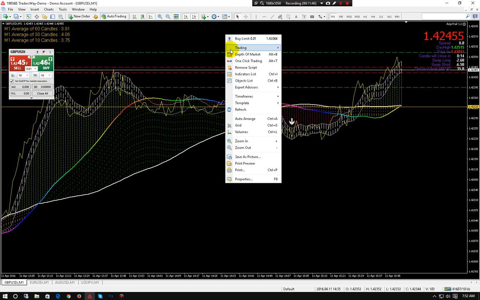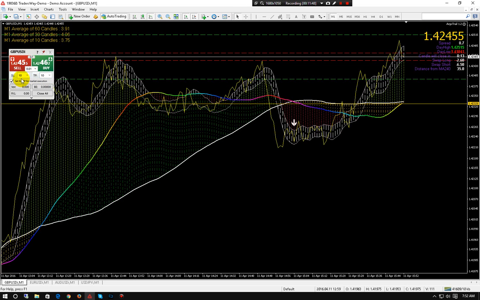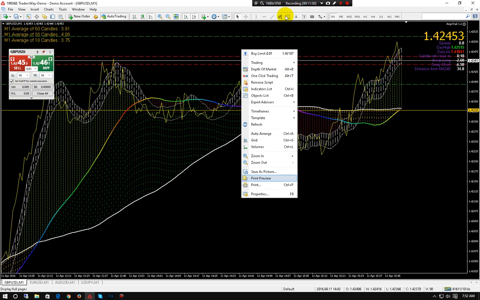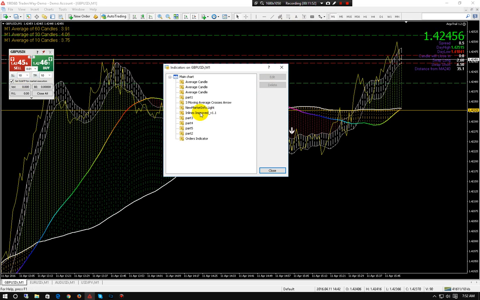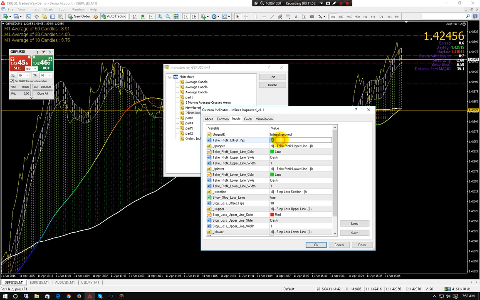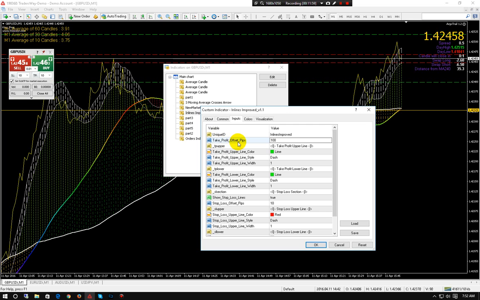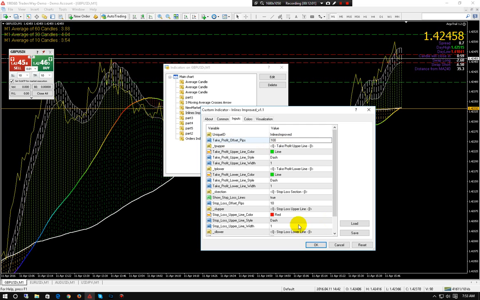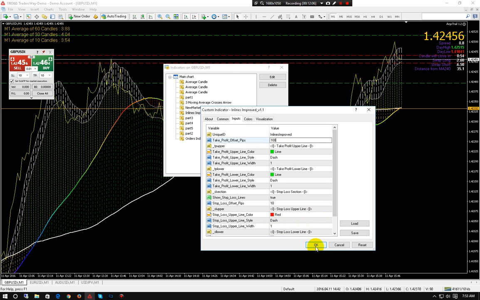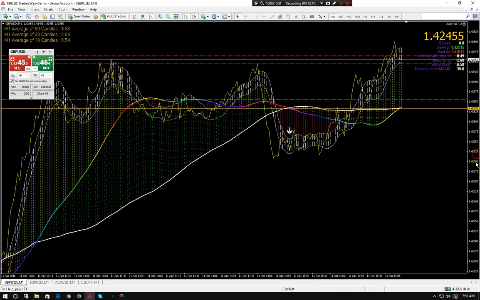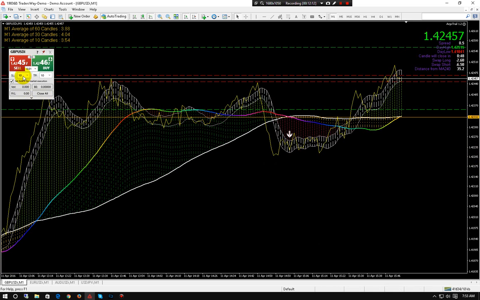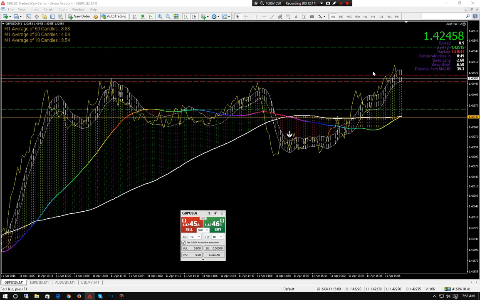The next thing we need to do, because we want to visually see where 10 pips puts us up here. Right click, go into indicators lists, go to here, and we're doing 10, so it would be 100. Take profit offset pips is 100. If we notice, the red lines are a 1 pip channel, which equals 2. It's 1 pip above, 1 pip below. Just click OK. Now we can see our take profit's 10 pips up here. This is why I like Quick Deal, because I can just drag it around. It was in the way of what I'm seeing.